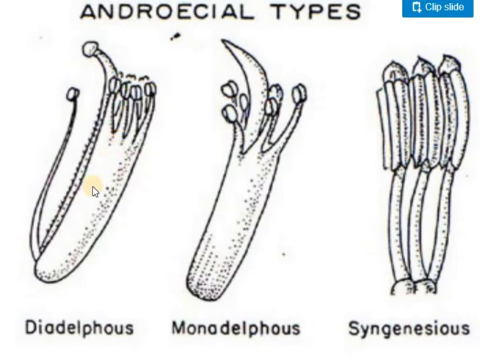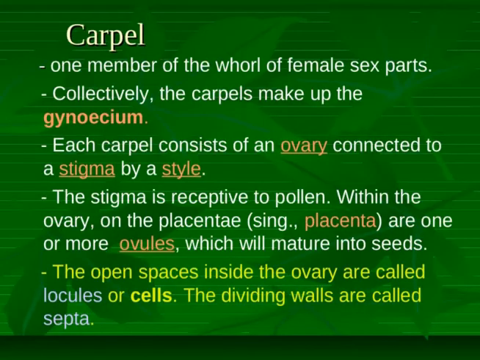And this is diadelphous. One is free and the others are fused together. Here, all filaments of a stamen are fused together to form a single bundle, so it is monodelphous. And if the filaments are free and the anthers are united, such a condition of stamen is called syngenesious.